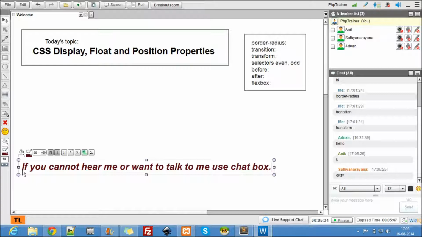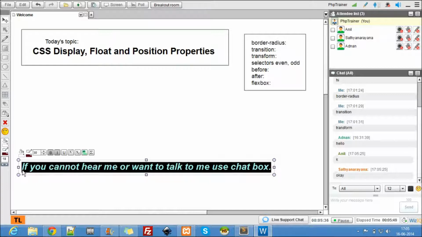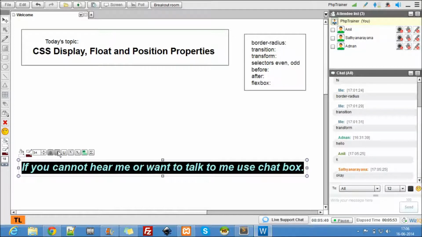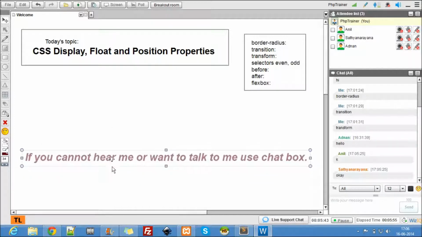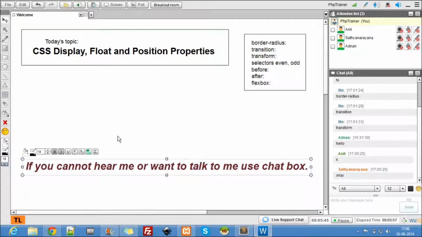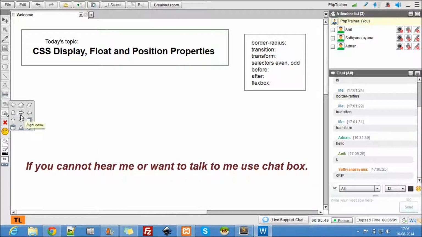All you can do is only type something. If you want to talk to me, or if you have any question, or if you cannot hear me, you can use the chat box. This is quite familiar to the old students, but this is for the people who come for the first time. People do come for the first time to Tutors Live, sometimes just to see what Tutors Live is, so they just log in.